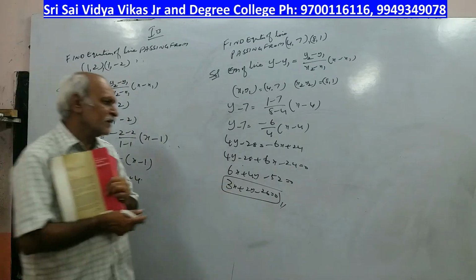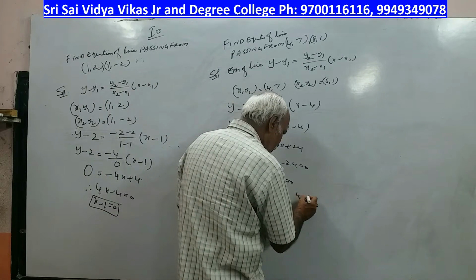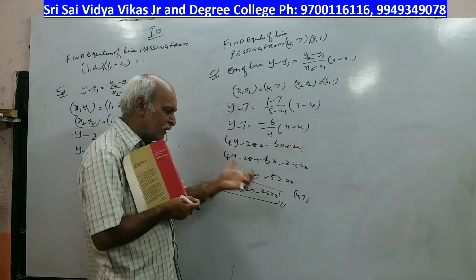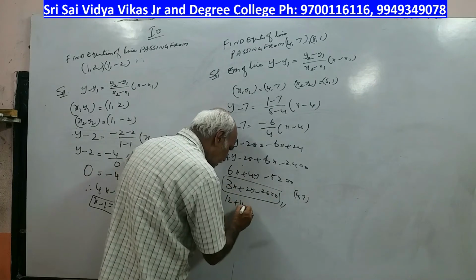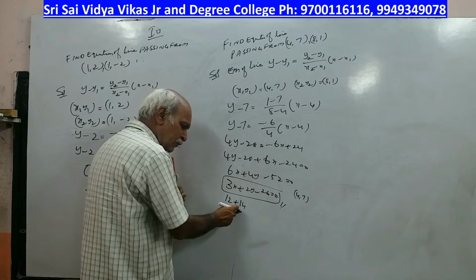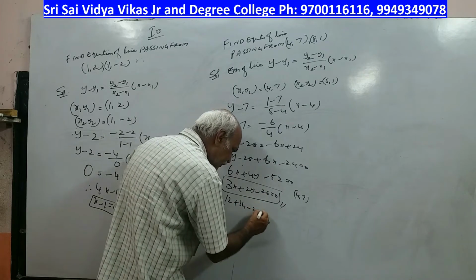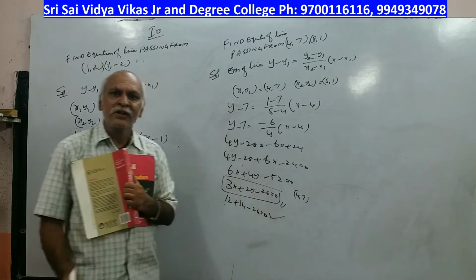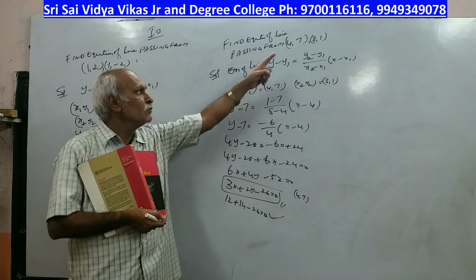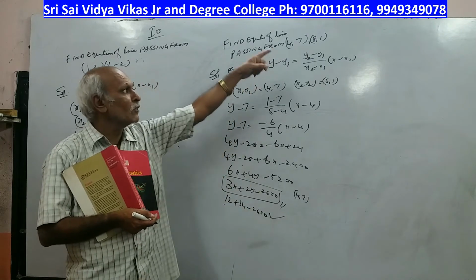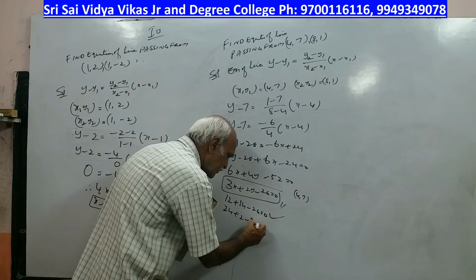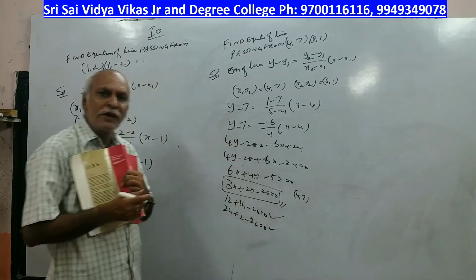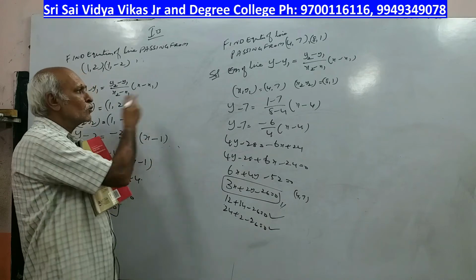Now observe here, very, very important. Now what is the point A given? I am taking the first point, 4 comma 7. You can verify yourself, sir. 4 into 3, 12. 2 into 7, 14. 12 plus 14, 26. 26 minus 26, 0. So your equation is right. So you can verify yourself, sir. Put the value of that point in this equation. You may have a doubt. What about that other one? So 8 3s are 24 plus 2 minus 26. Again also 0. Both the points will satisfy. So this is verification for the 2-point formula. Copy this.